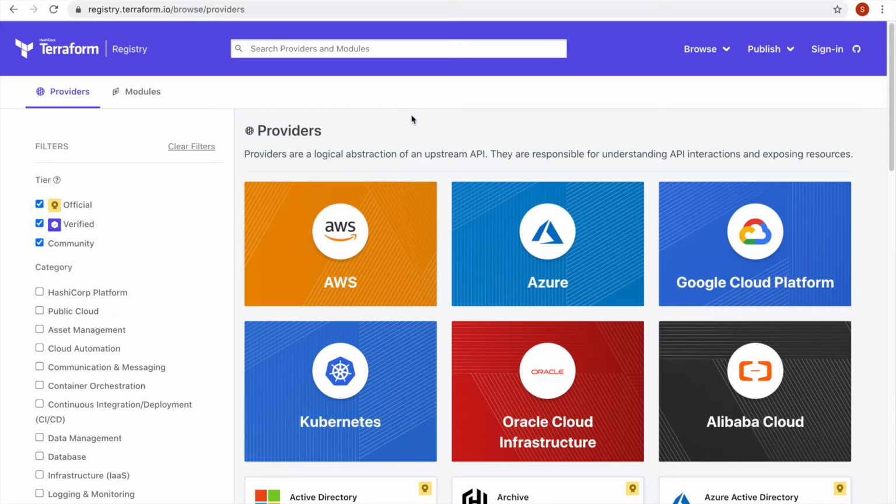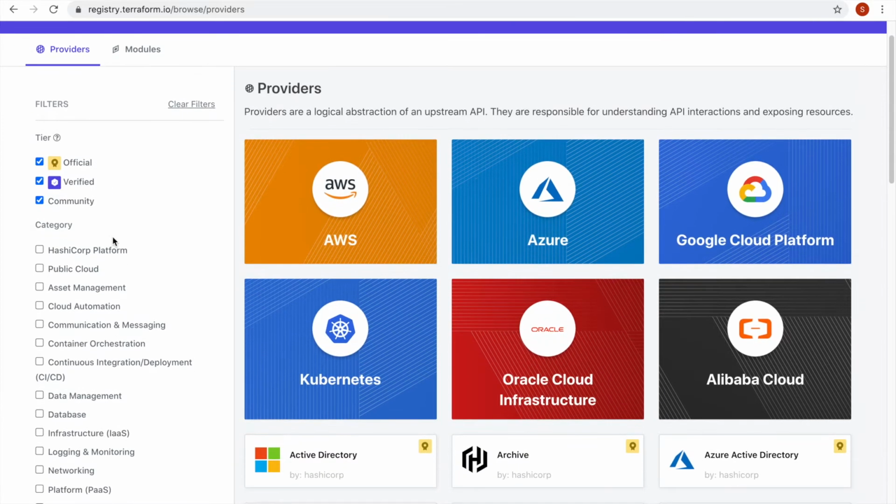When it comes to providers, here you can see some of them are official providers, some are verified and some are community providers. Official providers means they are actually owned and maintained by HashiCorp itself. Verified means the providers are verified by HashiCorp, and there are also community providers.